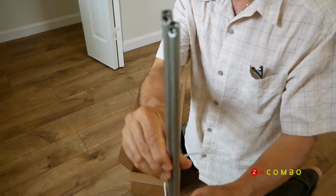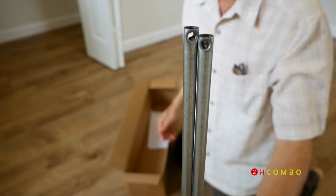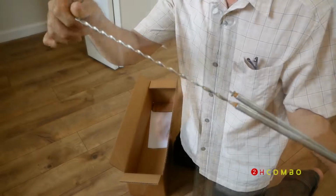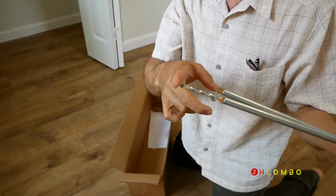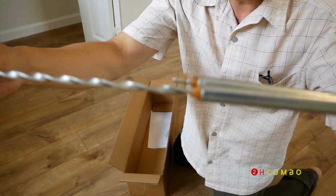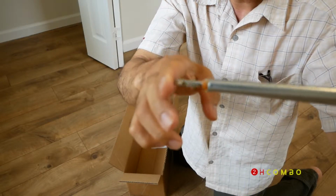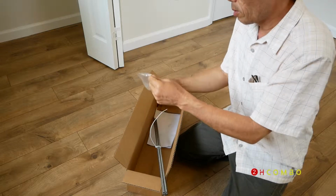The other end, it just has a hole for you to screw it to the window. It goes up and down. See that? Let's try one more time. It's already greased up, so you don't need to do anything. See? Like that. I also ordered 2 clips,